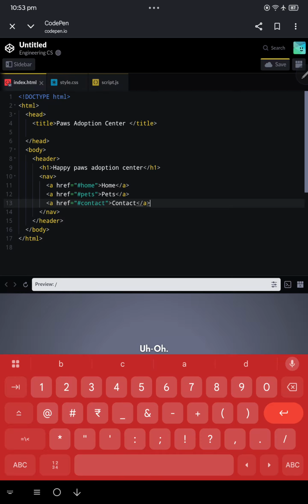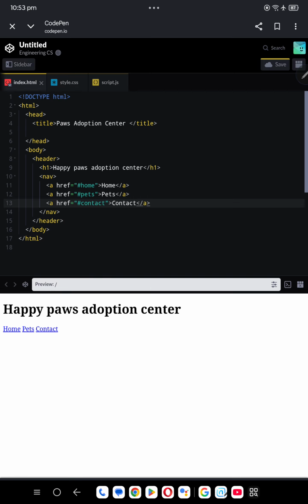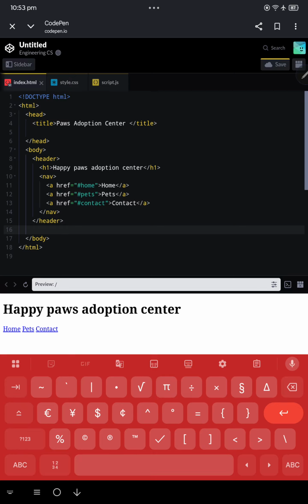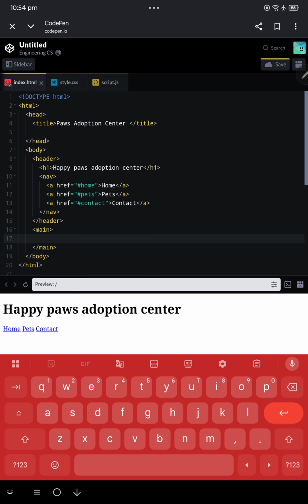Okay, done. Now we are done with the header part as well. Now let's go to the main, in the home tab itself. I want to use a section which is going to